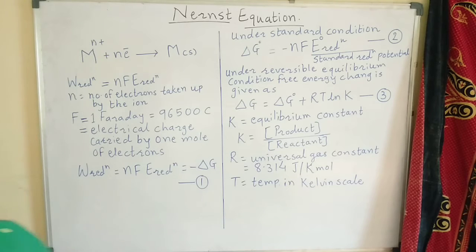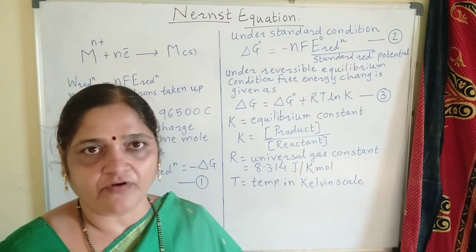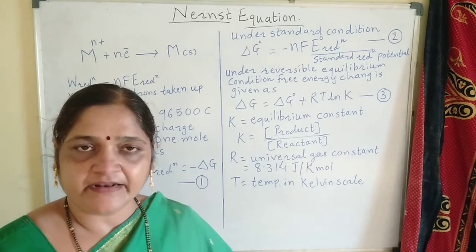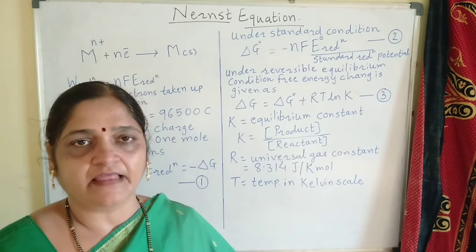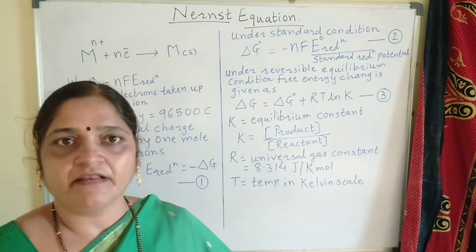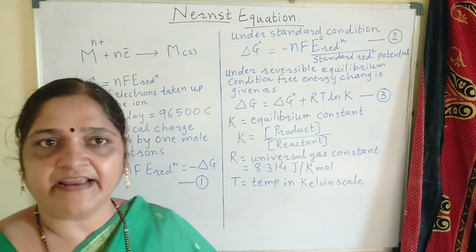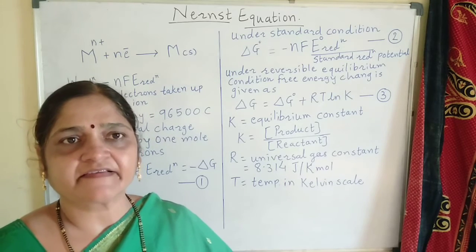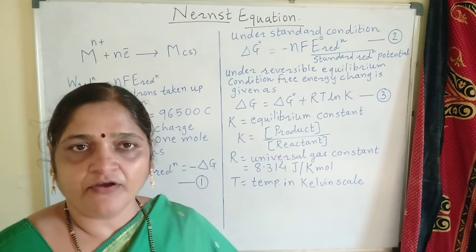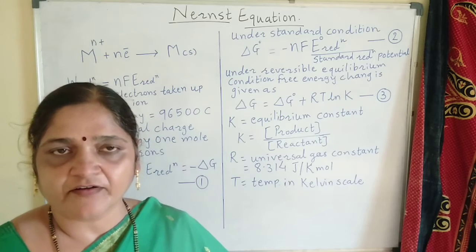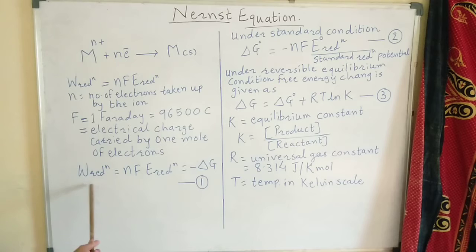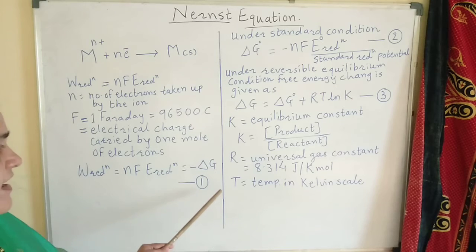Already in thermodynamics you have discussed two types of work. One is mechanical work, another is electrical work. So in electrochemical cell there will be a work done, that is electrical work done, and during any work done there will be use of free energy, or we can say free energy change is taking place during the work done. You already know this definition of free energy in standard 11. So here this work done can also be related with the free energy change.